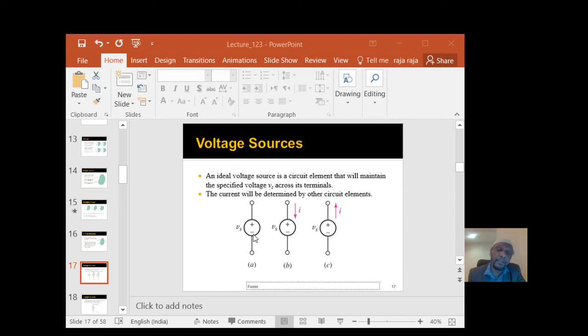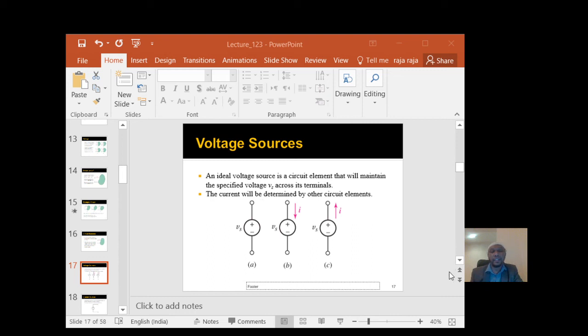Okay, DC. So we have DC and AC. DC is a battery, for example, and AC is what the electricity company of your country provides to our home, our company, our industry, our college, and so on. Okay, in figure B, they give you a DC voltage source with the current direction given. Figure C is similar to figure B, but the current direction is opposite. So all these symbols are DC sources, DC voltage sources.